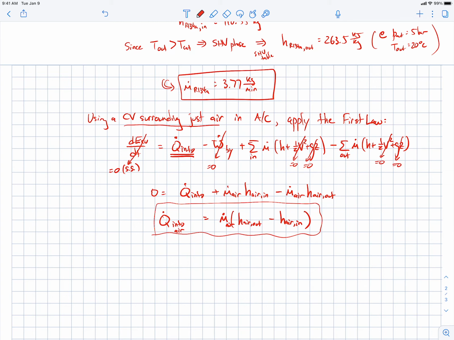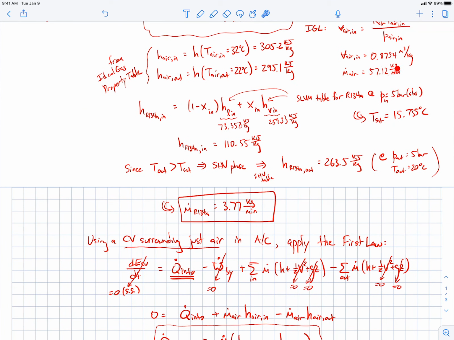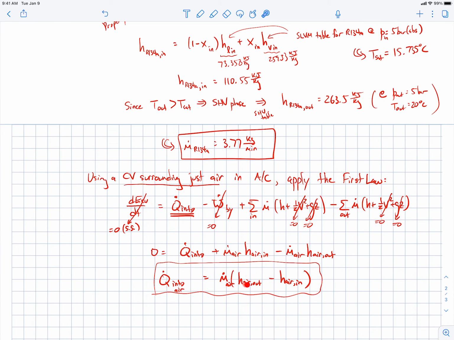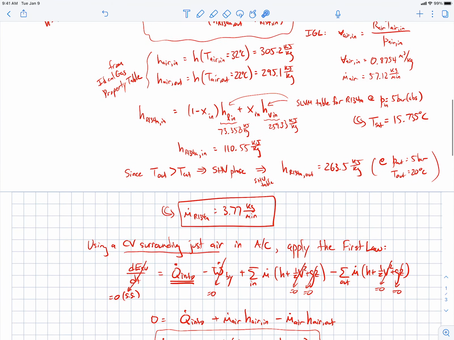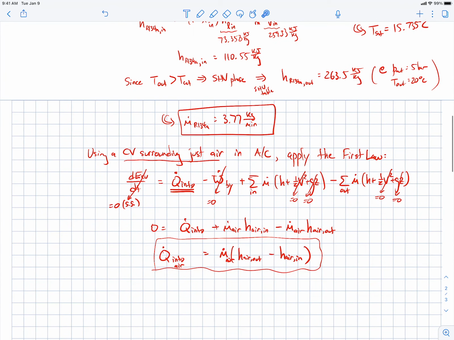Okay, so now we need to solve for the heat transfer into the air. Well, we know all of these values, right? The mass flow rate of the air we calculated back here. The specific enthalpy at the outlet and the inlet for the air, we use the ideal gas properties tables to find those. So we have everything we need. So we can go ahead and plug those values in, and we get that the heat transfer into the air is minus 577 kilojoules per minute,